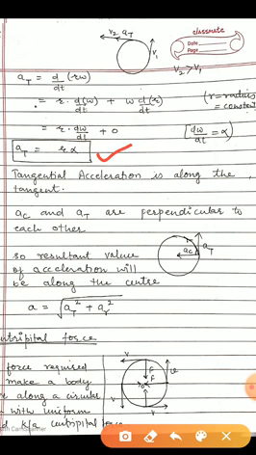Now if we have to calculate the net acceleration, because there are two accelerations I have told you. One is the centripetal acceleration, that is acting towards the center, and another one is the tangential acceleration acting along the tangent. Now students, this is visible to you that both the accelerations are perpendicular to each other. Now if one vector is like this and another vector is like this, then their resultant is given along the parallelogram law by their diagonal.